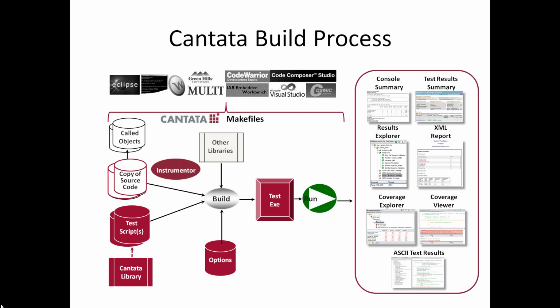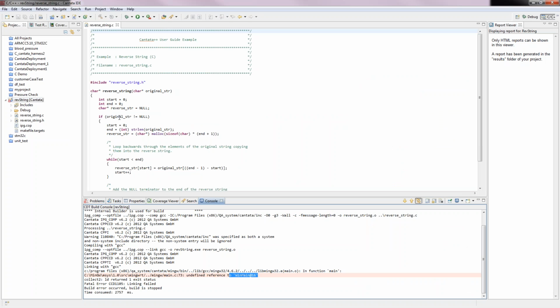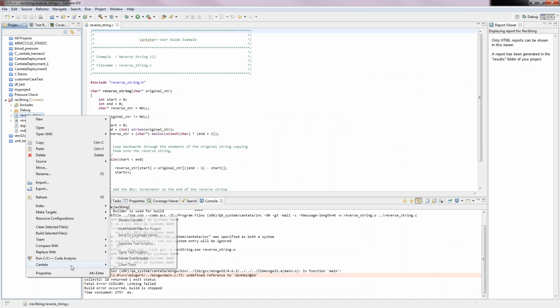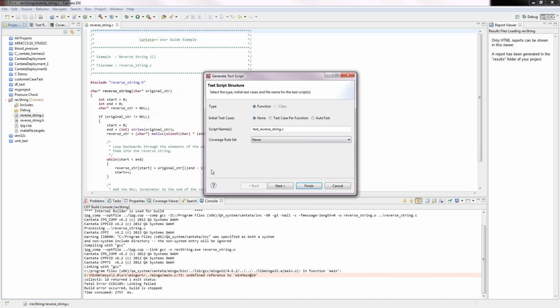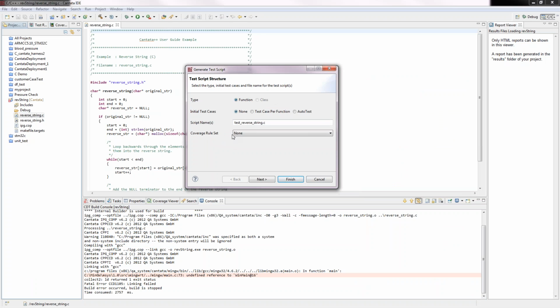Let's get back to Cantata. There it is. So where we're at, I've just built it with Cantata and it doesn't have a main. Okay, let's generate a test script then. It's quite easy. Cantata has a function in the GUI that generates the test scripts. This is the easiest way. I have built it once with Cantata, so it knows what the function or the suite looks like, and it suggests a test case per function,